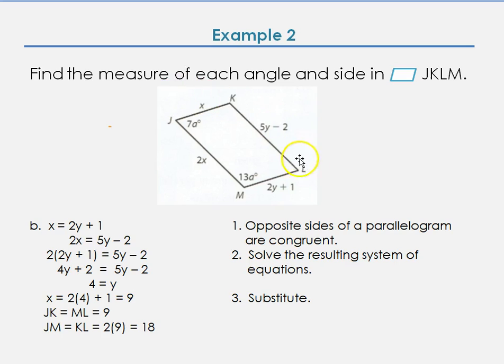Another solution we need to find using the same drawing, we're to solve the sides. Okay, so we have the side JK, which is x, which is equal to the side ML, which is 2y plus 1. So x equals 2y plus 1,